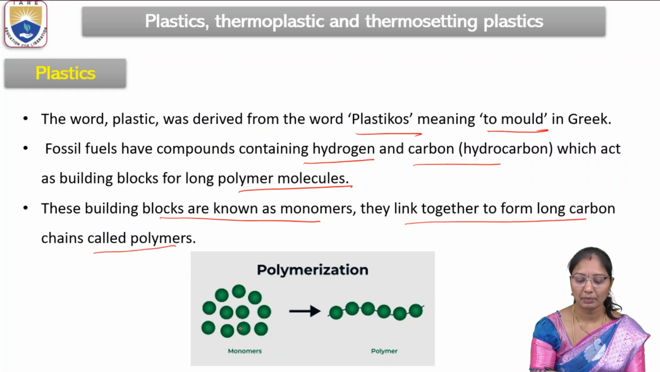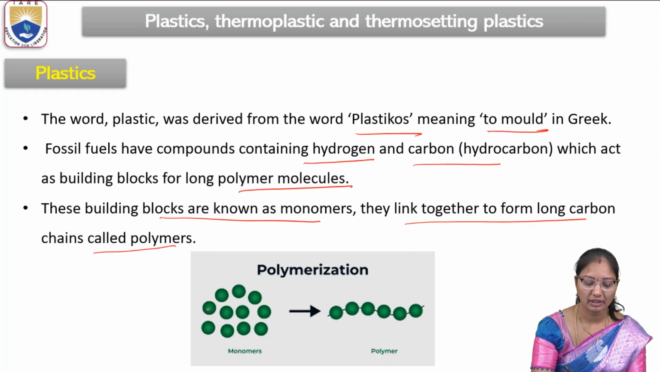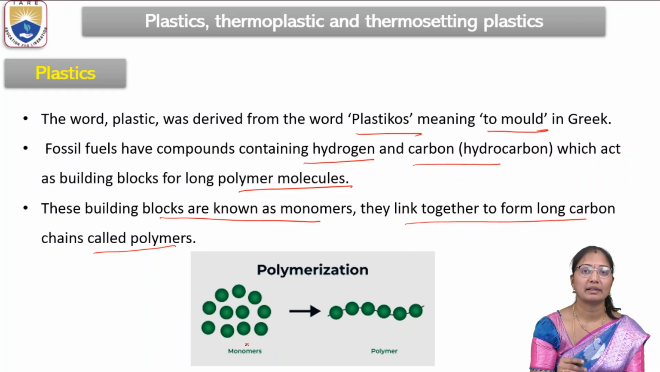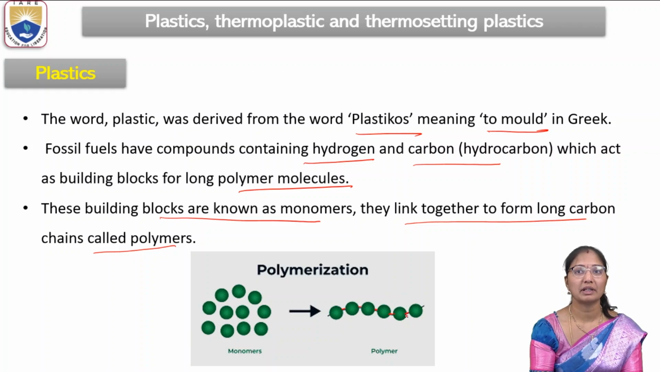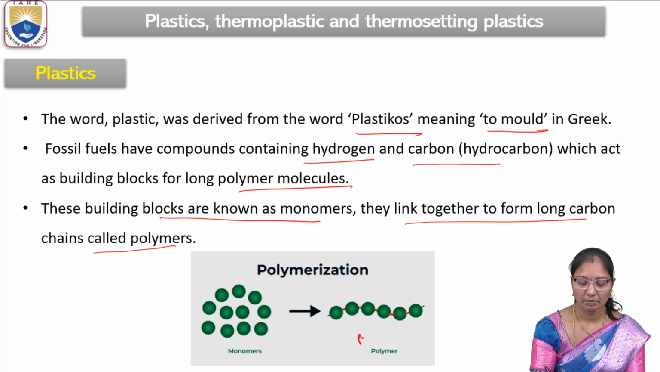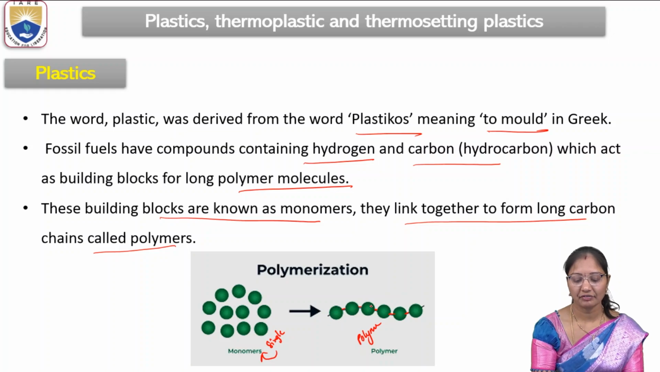So these are the monomers. They are the small units. They join together by the bonds, forming a polymer chain. So this is a polymer chain. These are single units called monomers, and if the monomers are joined by the bonds,